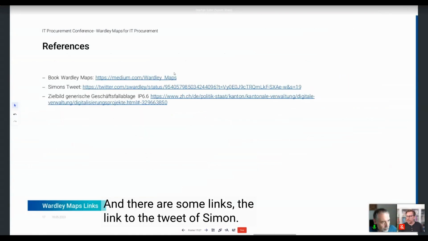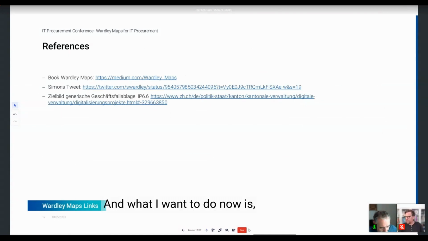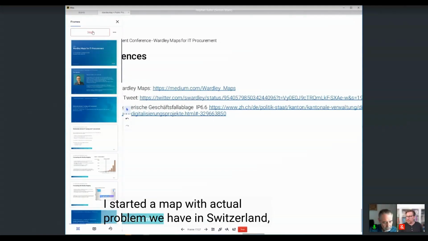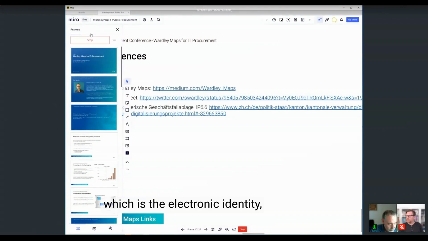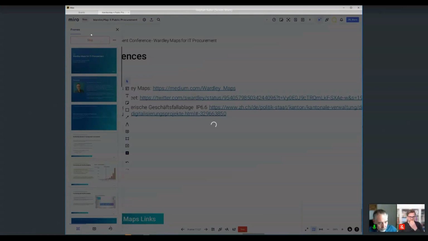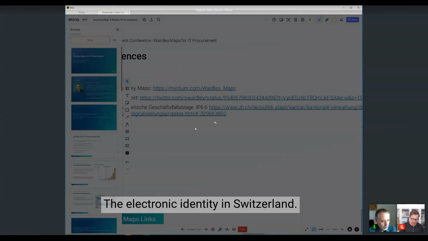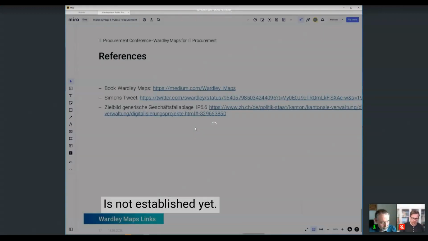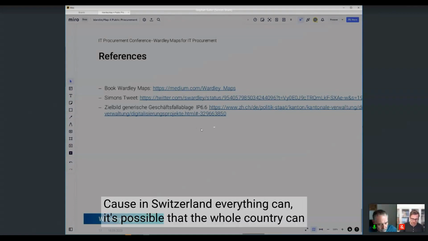And here are some links, the link to the tweet of Simon. And what I want to do now is I started a map with actual problem we have in Switzerland, which is the electronic identity. The electronic identity in Switzerland is not established yet. We had 2 years ago a votation, because in Switzerland